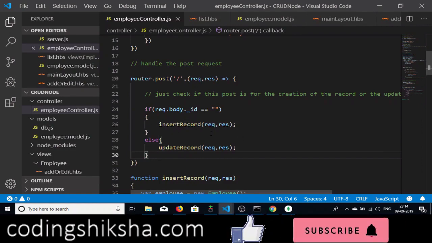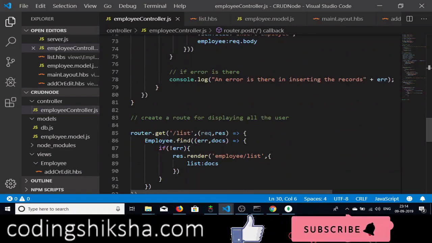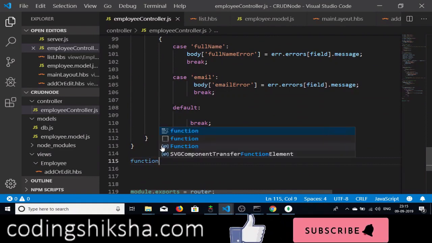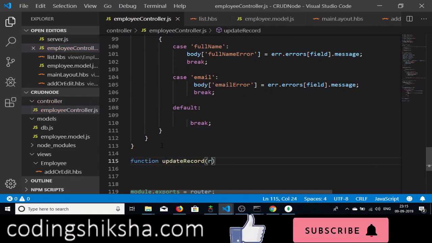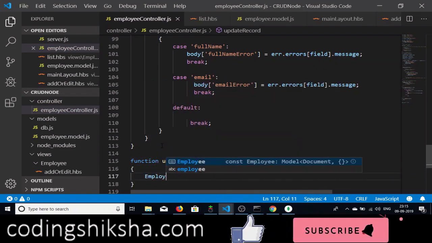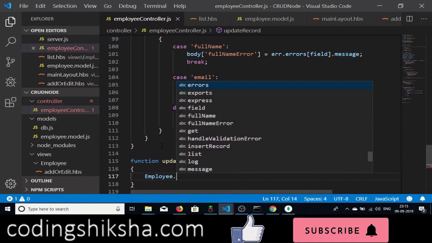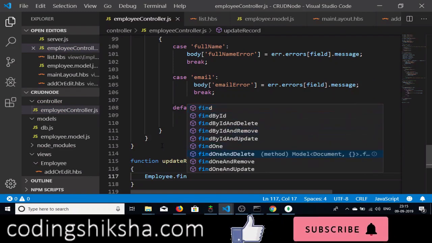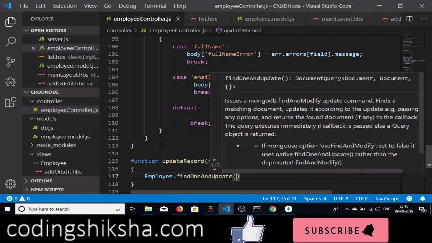So now we will be creating this updateRecord function here. So just right at the bottom here, just create this function updateRecord. It will be containing the request and the response variables, and the first thing we will be calling is the function which is there in MongoDB called findOneAndUpdate. This is the function findOneAndUpdate. So we are calling this on our